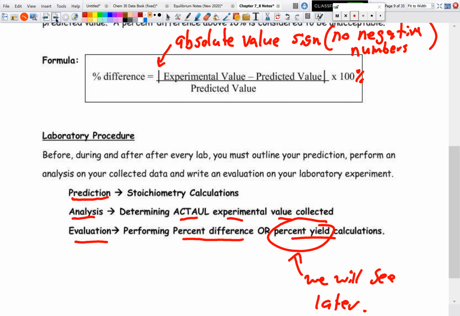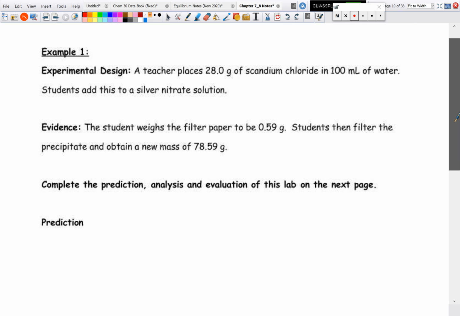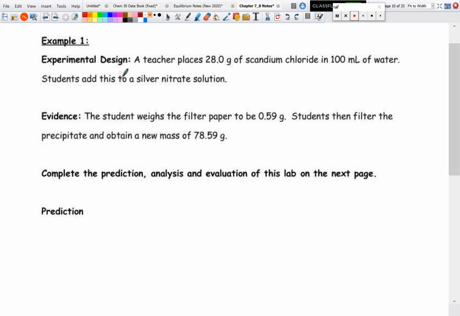So let's have a look at a typical experimental design and how we actually go through our prediction, analysis, and evaluation. So example 1, experimental design. A teacher places 28.0 grams of scandium chloride. Of course, scandium chloride is